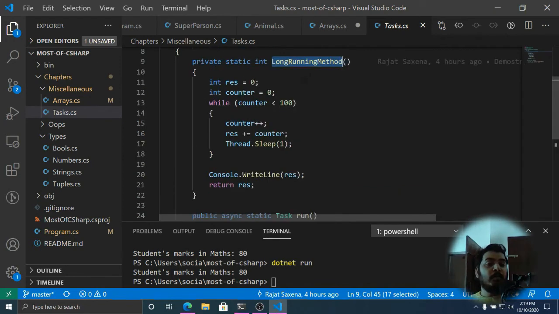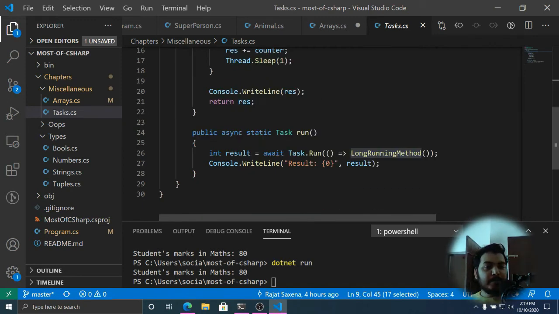If I want my program to wait until the answer is ready, I can use task to instruct the C# program that I need to wait. This is how you can create a task. You have to use the word await, which instructs the .NET runtime that whatever is inside this, we have to wait for it to produce an output.